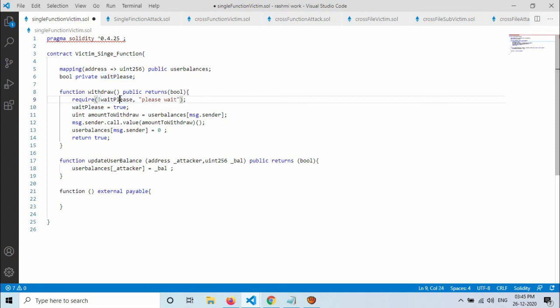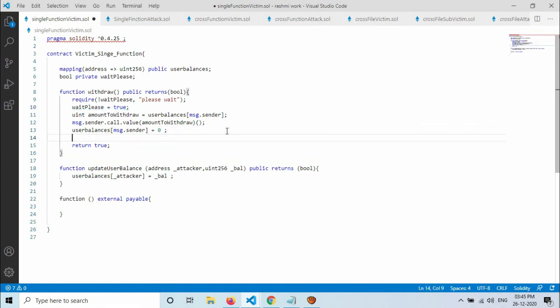If wait please is false, the function will move ahead and set wait please to true. And when the task of the function is finished, we can set wait please to false again. What will happen due to this? Suppose the next call to the withdraw function comes, then it will fail because wait please is already true.